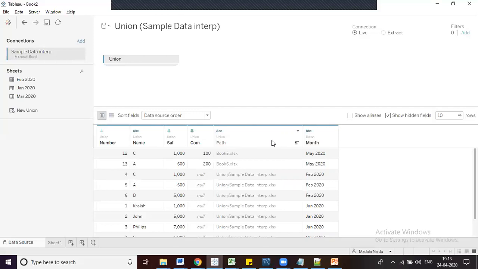So for that reason, whichever fields are not required for our analysis purpose, we can hide those columns. If, for example, in future you require that column for your analysis purpose, in that case you have to show hidden fields, then go to the drop down and click on unhide.